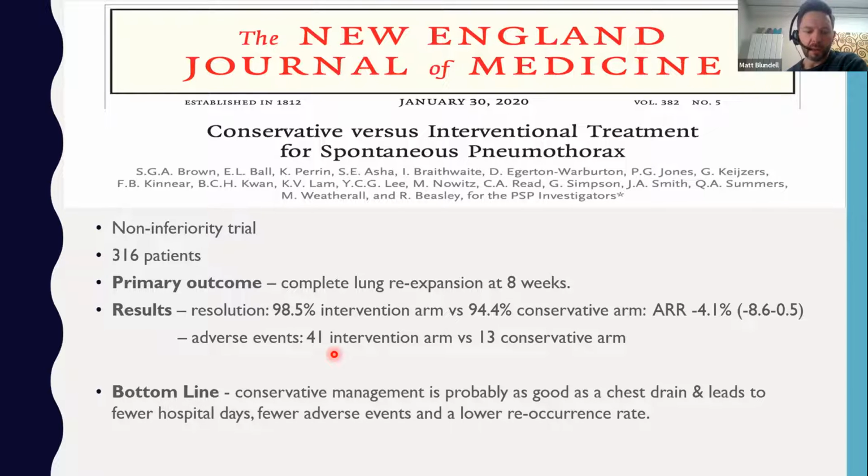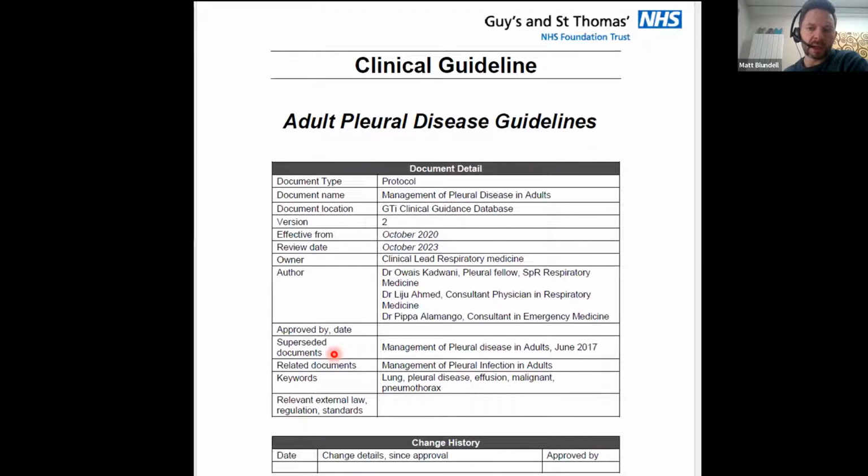It certainly leads to fewer hospital days. The average length of stay for someone who has a chest drain is 3 days, with fewer adverse events and a lower recurrence rate. So based on that, the Trust changed their guidelines in 2020 to do with both pneumothoraces and pleural effusions, but